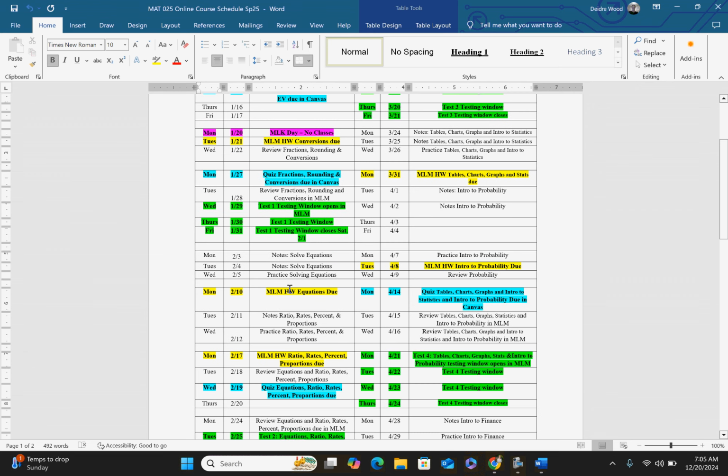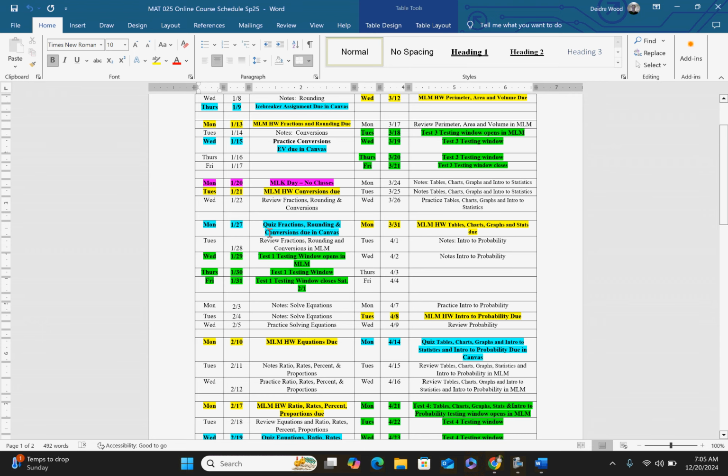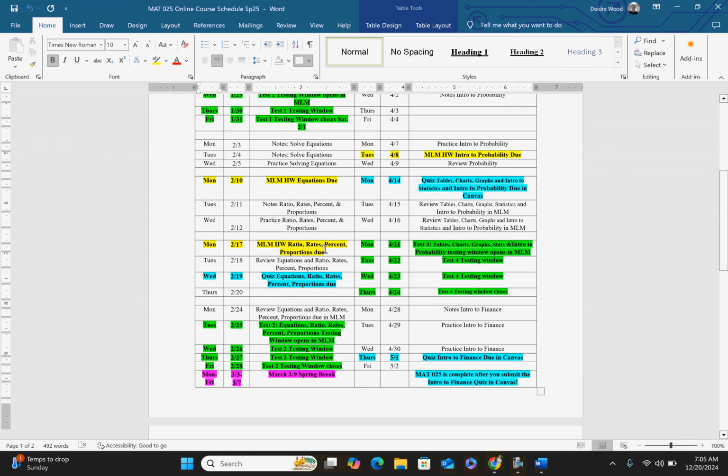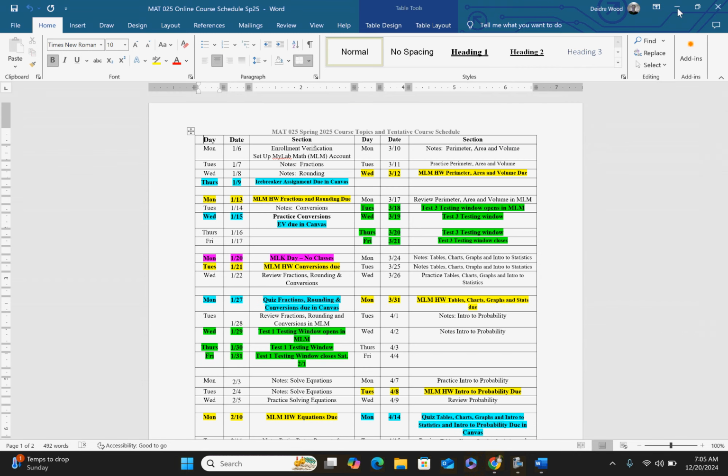So again, all of the yellow and green highlighted pieces you are completing in MyLab Math, so that'll be your homework and your test. The quizzes that are highlighted here in this turquoise color are going to be completed in Canvas, and so I'll address those as well. You have 4 quizzes for this semester. All right, so I'm going to close that out